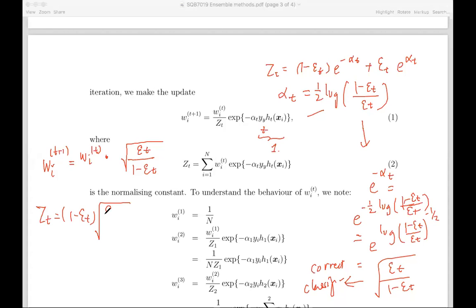Square root of this plus epsilon t. So over here, e of power of alpha t, that will be basically just square root of 1 minus epsilon t over epsilon t. So this will be square root epsilon t plus,